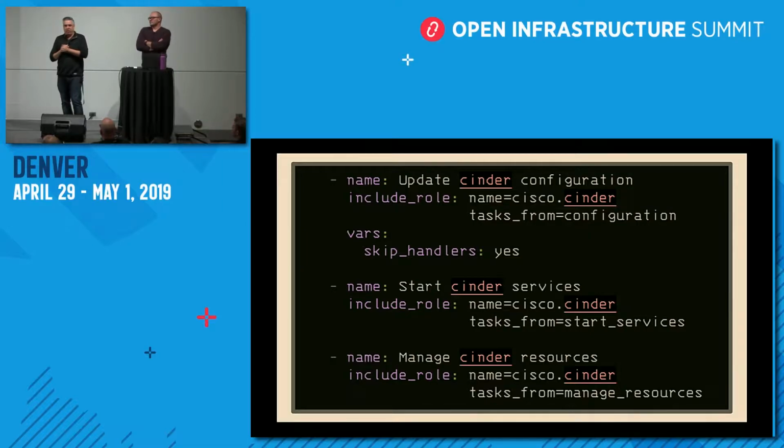We found that handlers can be troublesome, particularly if a handler fails, or a service renders a template and you expect that template change to then restart something. If something went wrong in between those two places, when you rerun Ansible, your service is never going to start back up unless you're explicitly telling it to look for that. So these are the patterns that we've established.